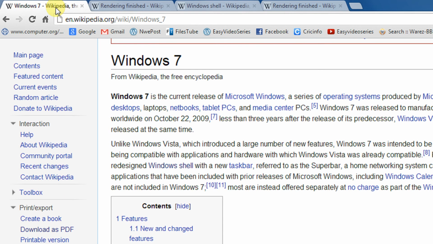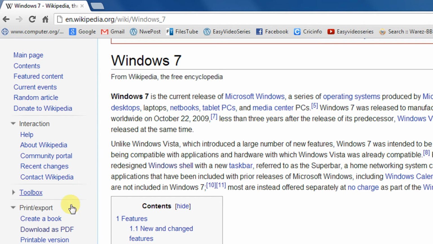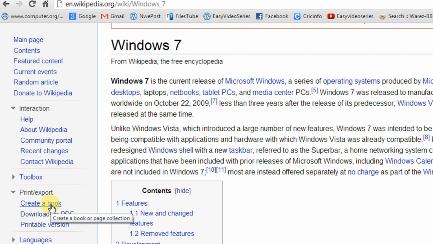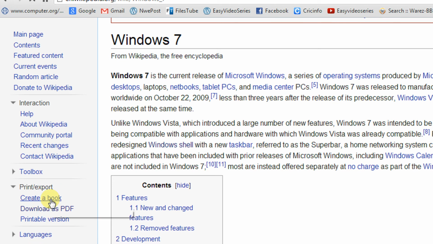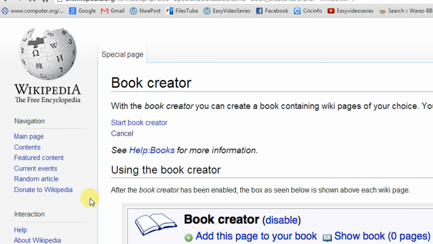Now, along with this, you can make a chapter of notes. For example, you need to make a small chapter in which you can contain some concepts of Windows, Microsoft, operating system, etc. So then we come to an option called create a book. Okay, so I click on the option create a book.